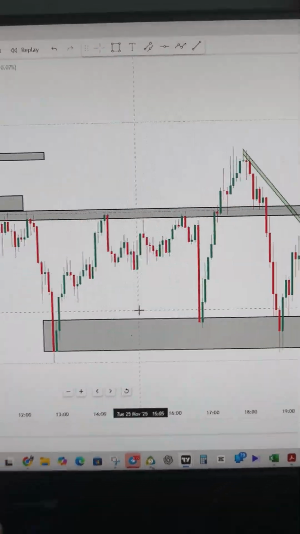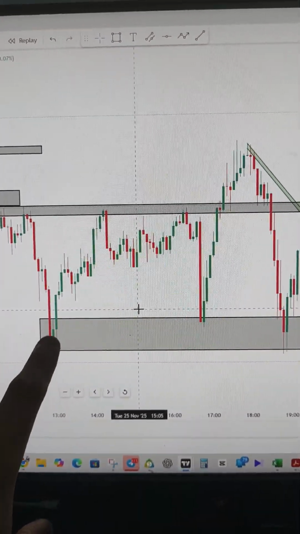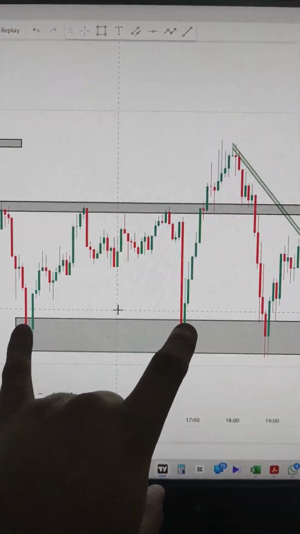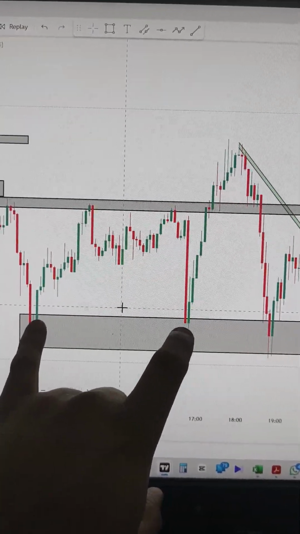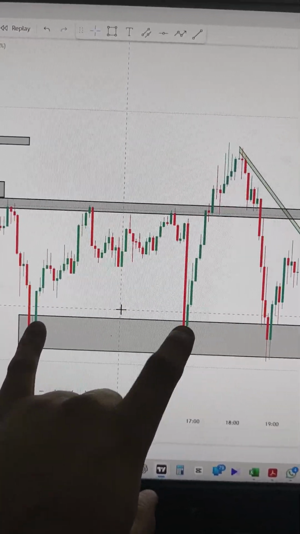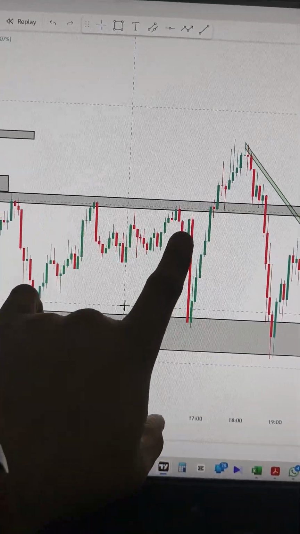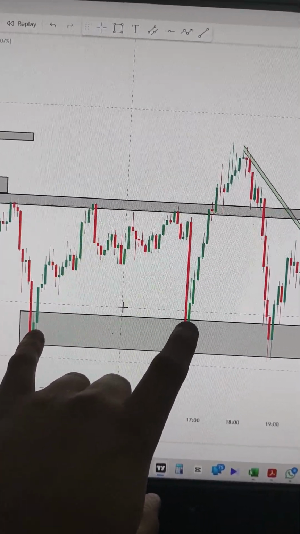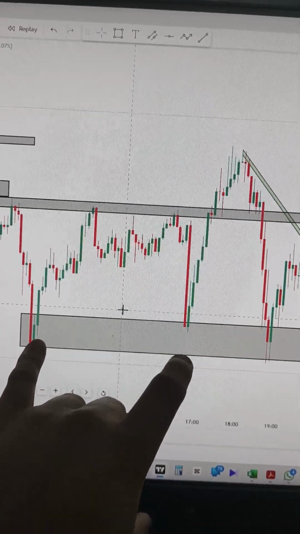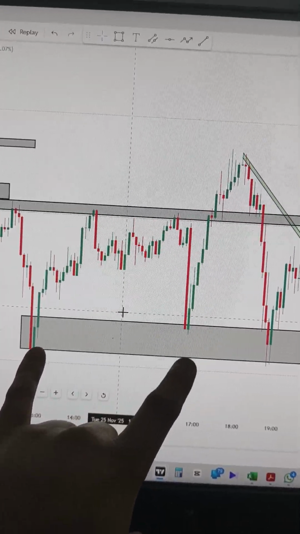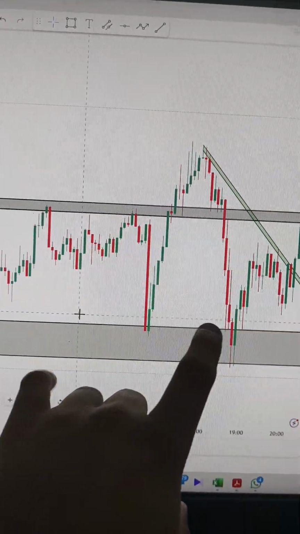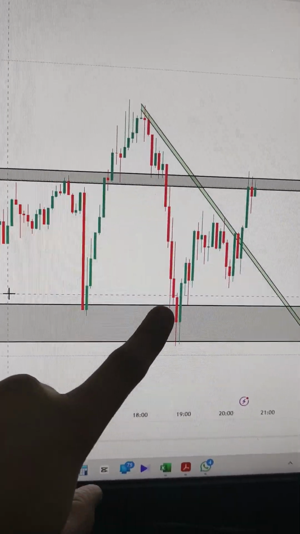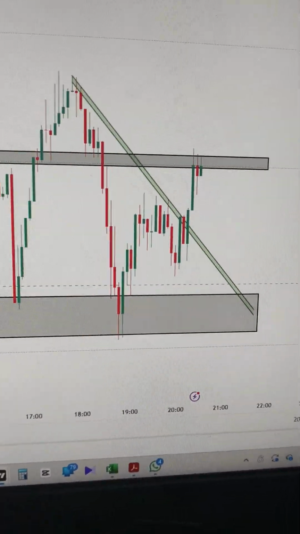Okay, in another case, as I draw the demand zone, here also we got a confirmation the demand zone is strong. So this is an indication. But here the buy candle starts pushing from the upper side of the zone, and here is the lower side of the zone. So when the market comes back to the upper side, here is the first buy entry we gave, at the 2018